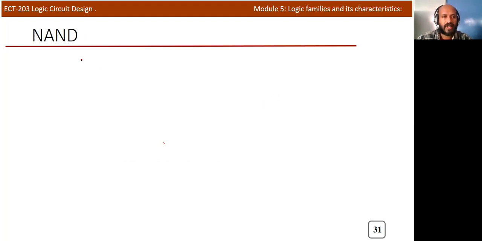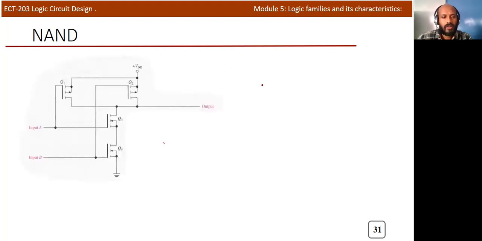Now we need to discuss NAND logic in CMOS. This is the basic structure of a NAND circuit using CMOS logic, that is, using PMOS and NMOS. Here you apply inputs A and B. Two transistors you can see: this is an NMOS transistor, and this is also an NMOS transistor. In the upper portion, you can see two PMOS transistors. And NAND gate means